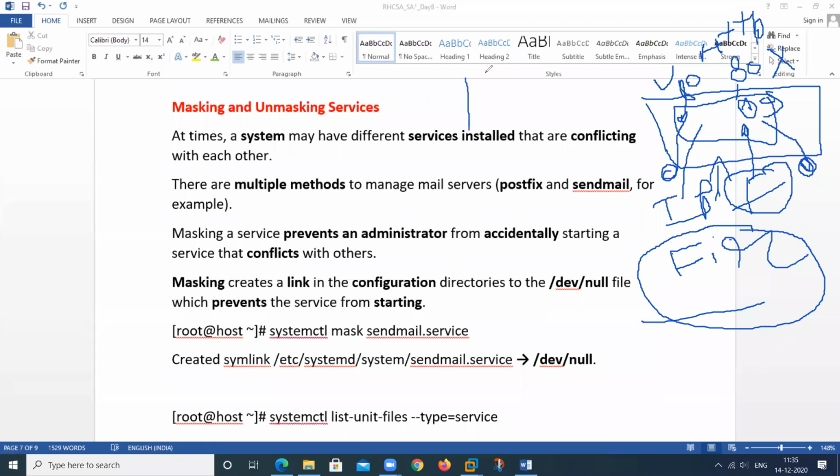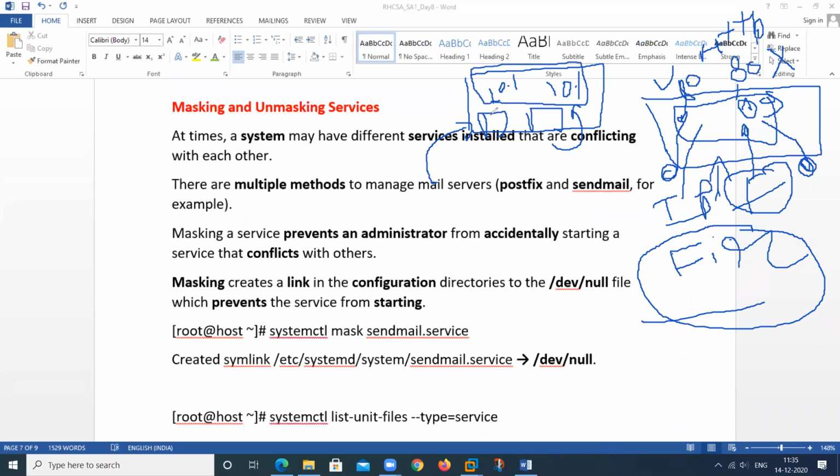And one another example. Suppose you have a machine. This is my one NIC, and you come here and give the IP, and we also have a NIC. This is my 10.1 IP. This will also come and apply the 10.1 IP. What will happen in the network? Tell me.